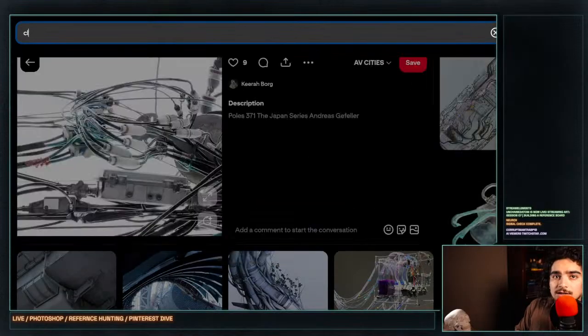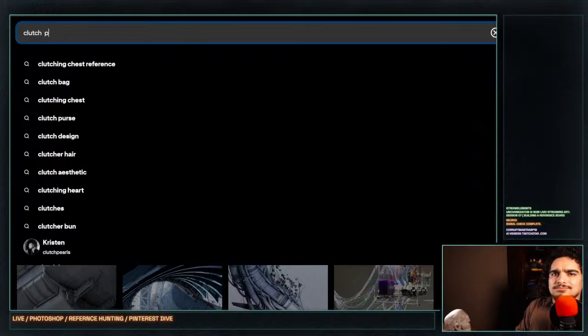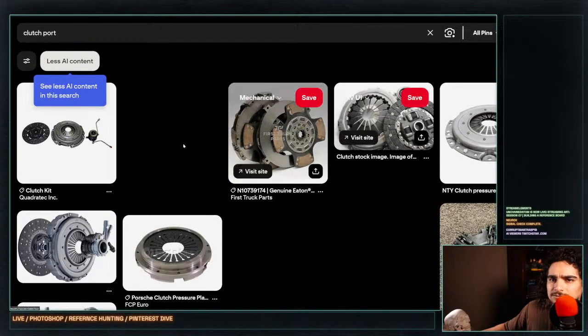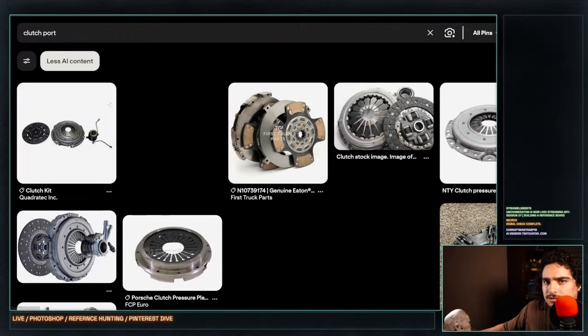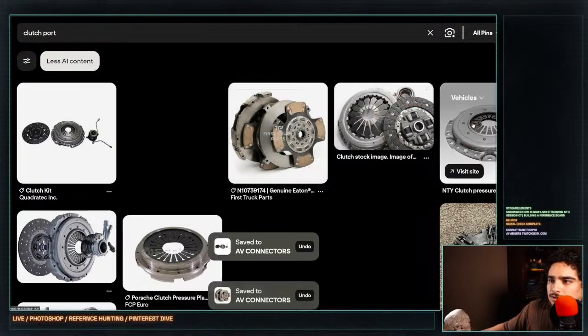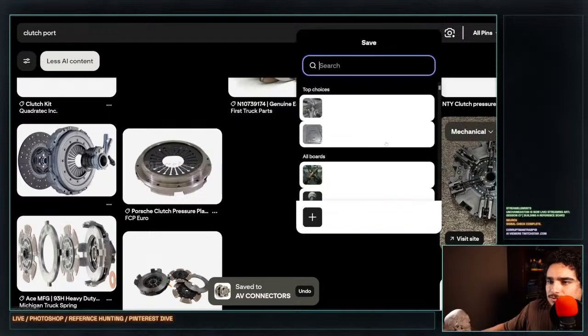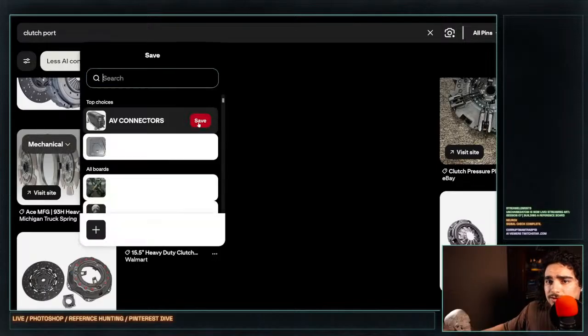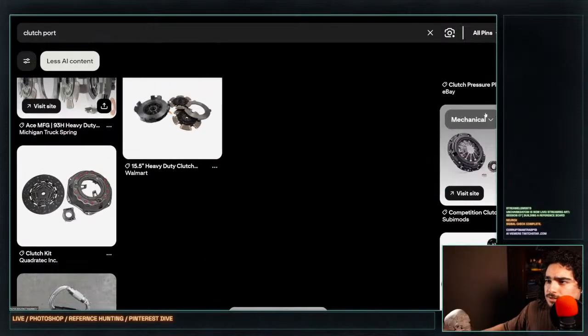I just want to do clutch ports, I think. I noticed that clutches have some cool port designs. Yeah. So let's say content. Cool. We want to see if we can put this into connectors. Yeah. So this one's a cool one too. That's cool. But yeah, the clutch port, or whatever it is, I think is a very cool design that I stumbled upon the other day